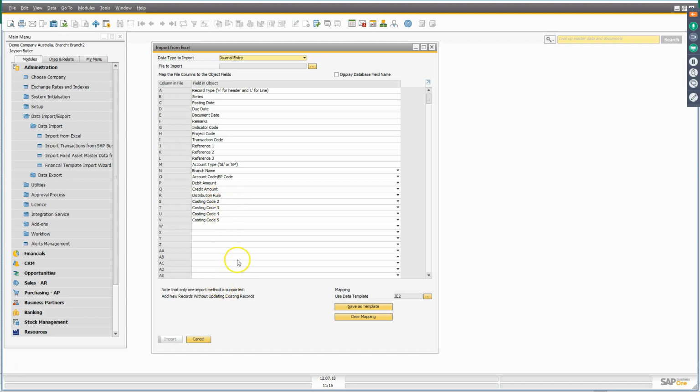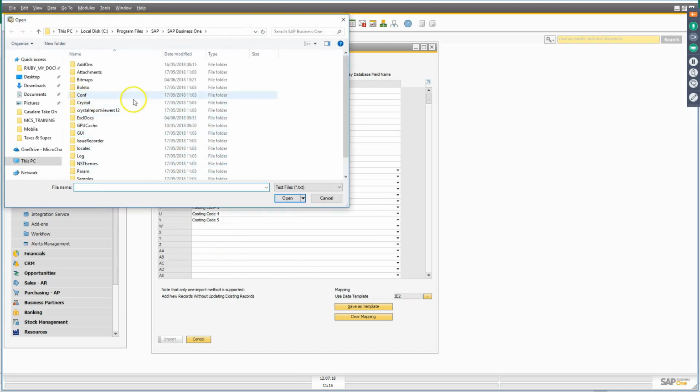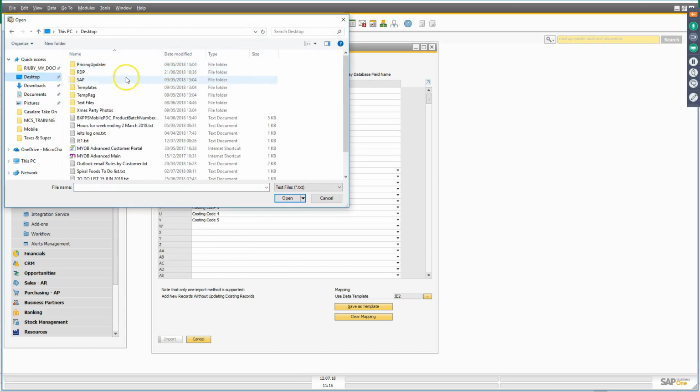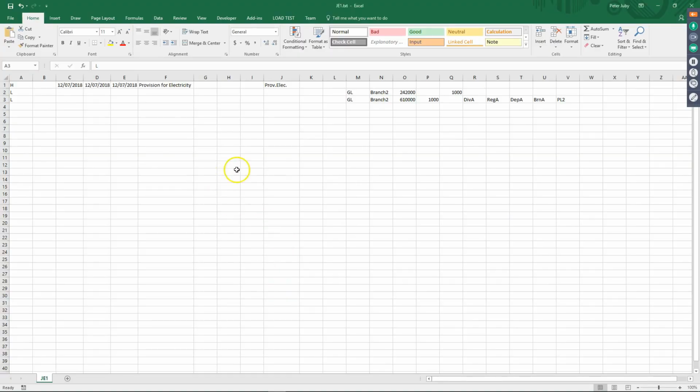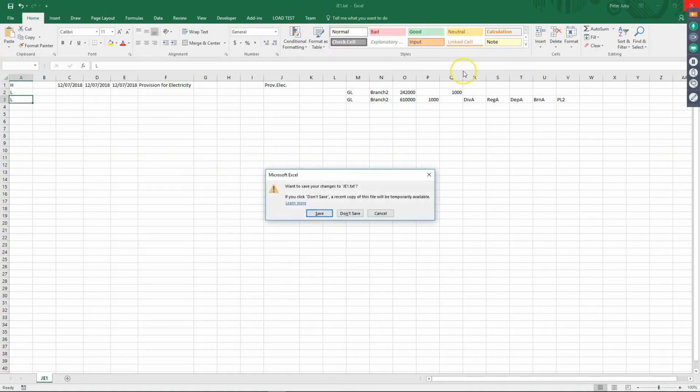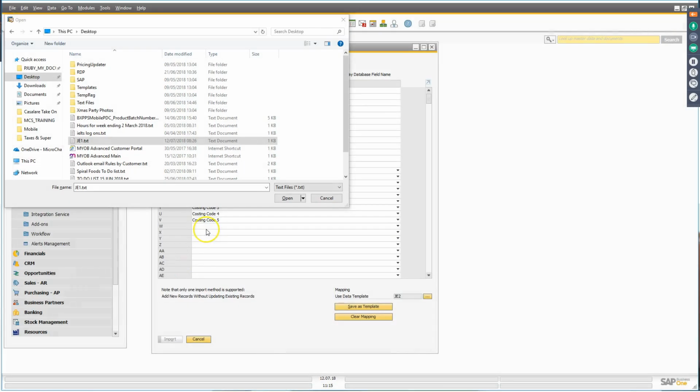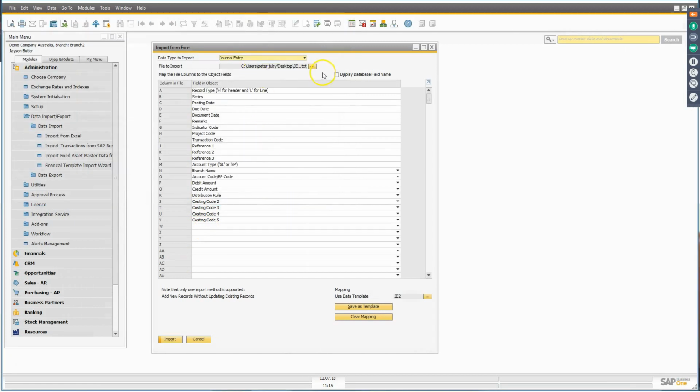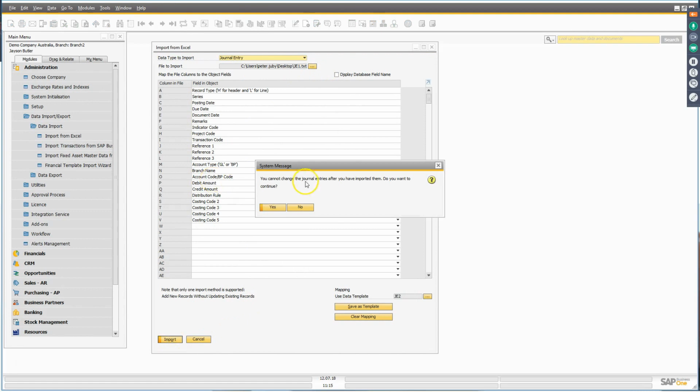And as I mentioned earlier, when you're importing, you need to have it in separate columns regardless of what your Business One setting is. So the next thing we're going to do is just go and select our file. Now it will not post if I have the file open. I'll actually get an error, and I don't want to have an error while I'm doing this presentation, so I'm going to go and just close that file so that I don't end up crashing SAP. So enter my file, click on import,